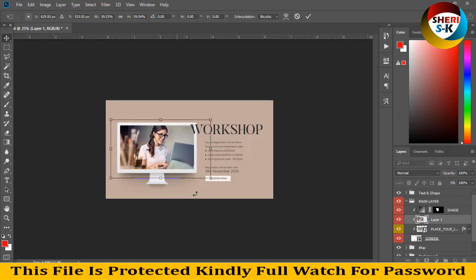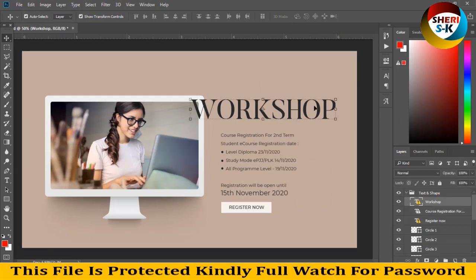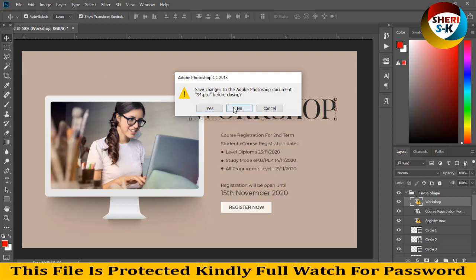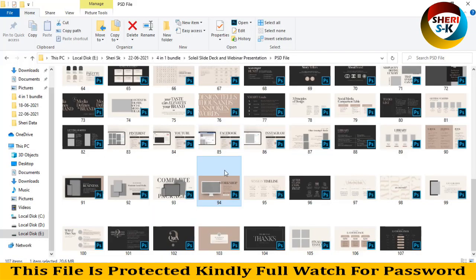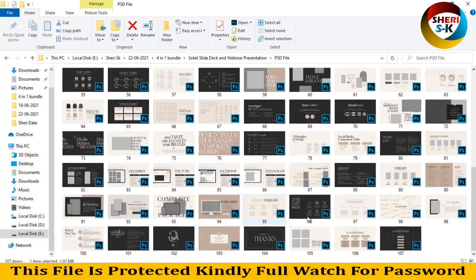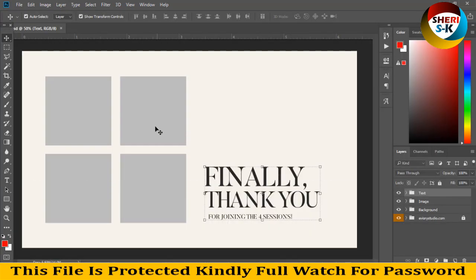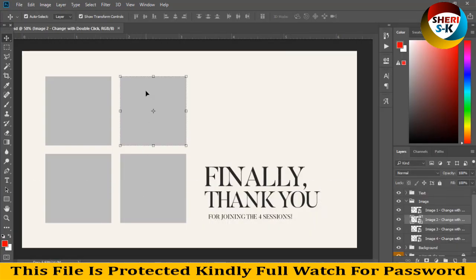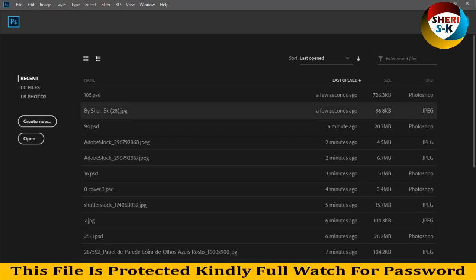Our design is ready, so you see, and you can edit this font. Close this file, and here are 107 items. You can adjust anywhere. Here are 4 different photos, 1, 2, finally, thank you. Okay,